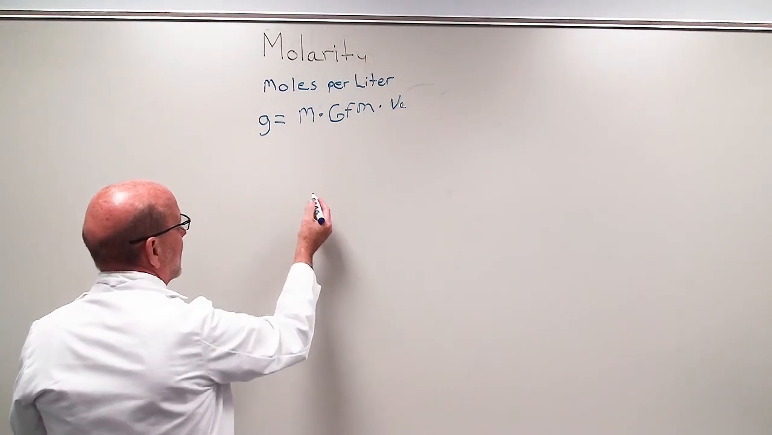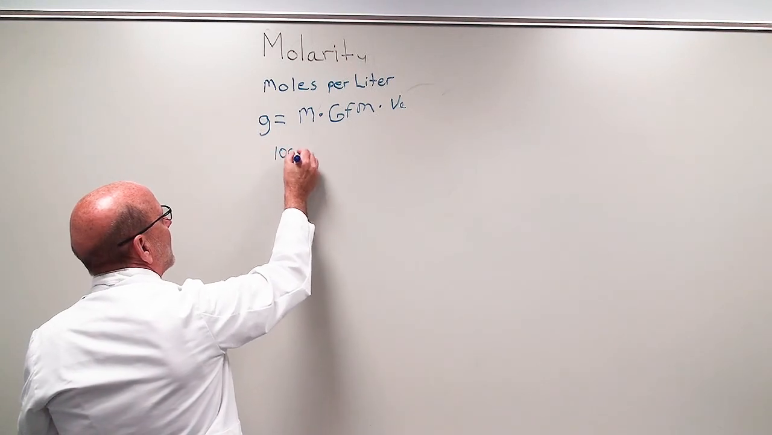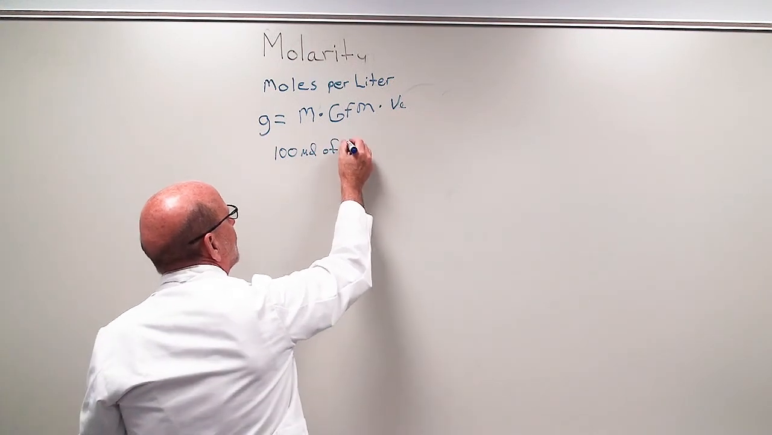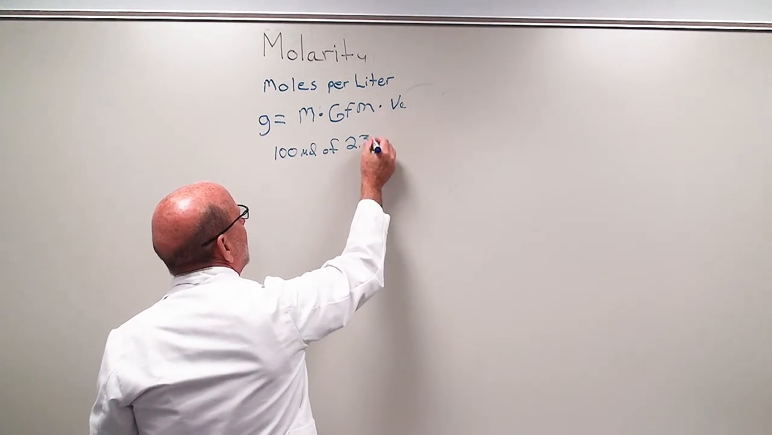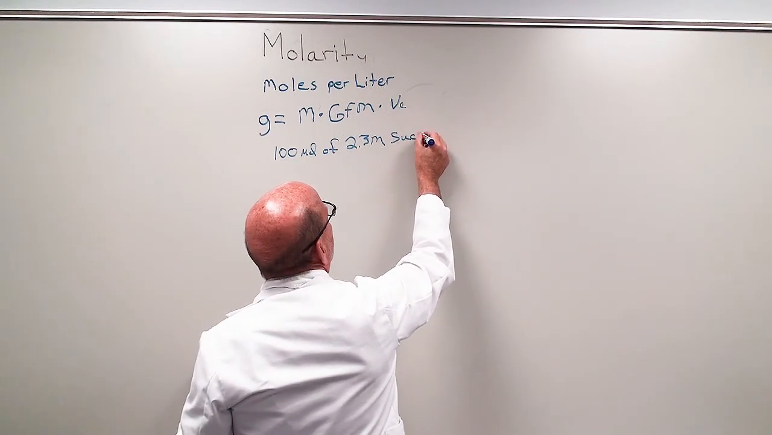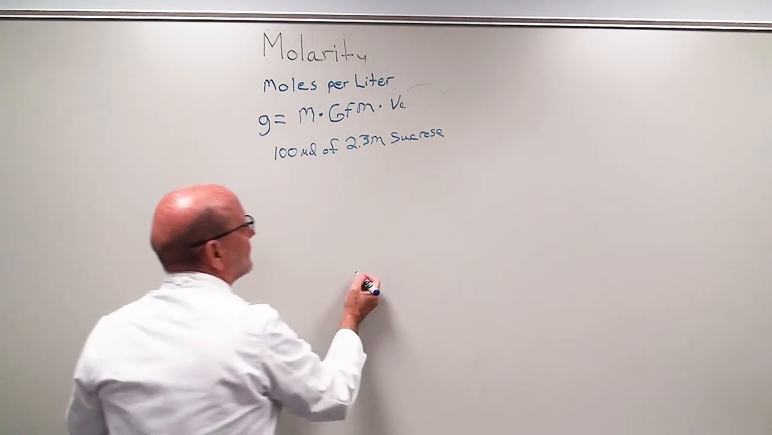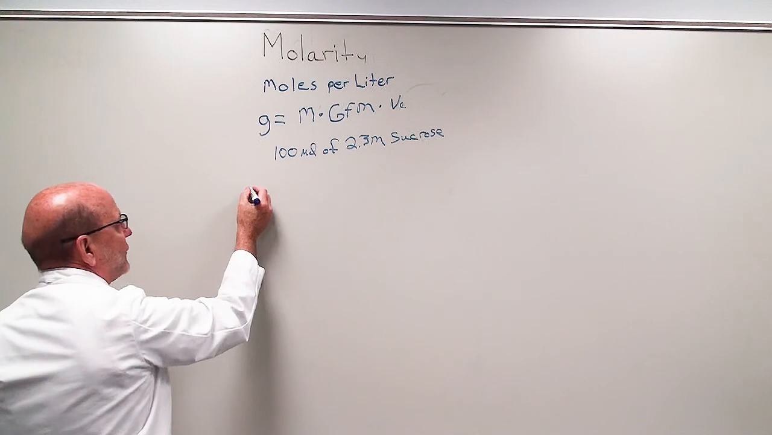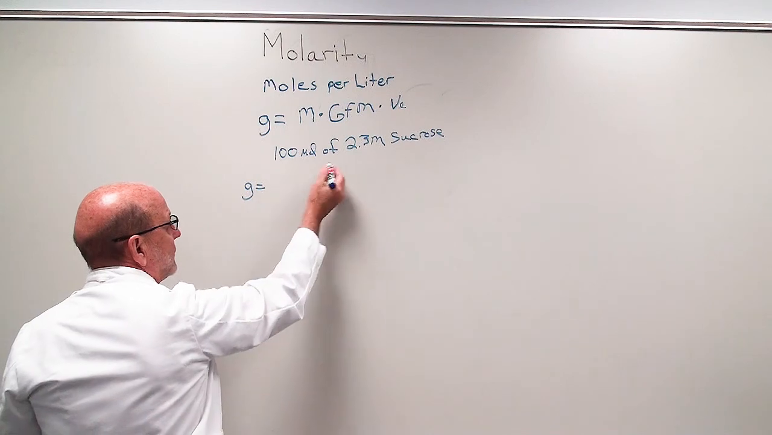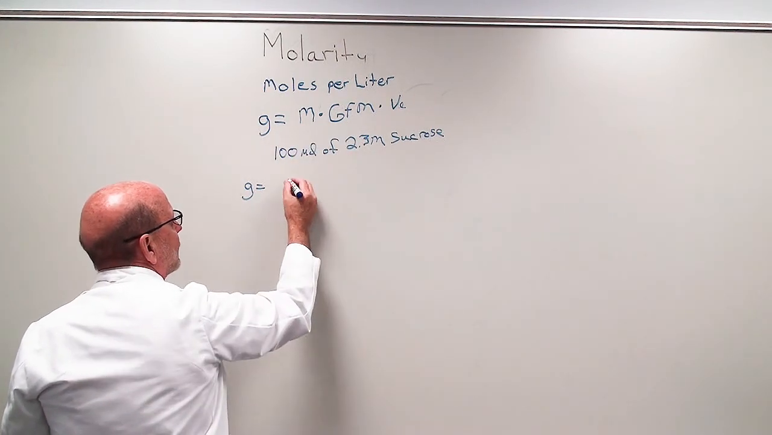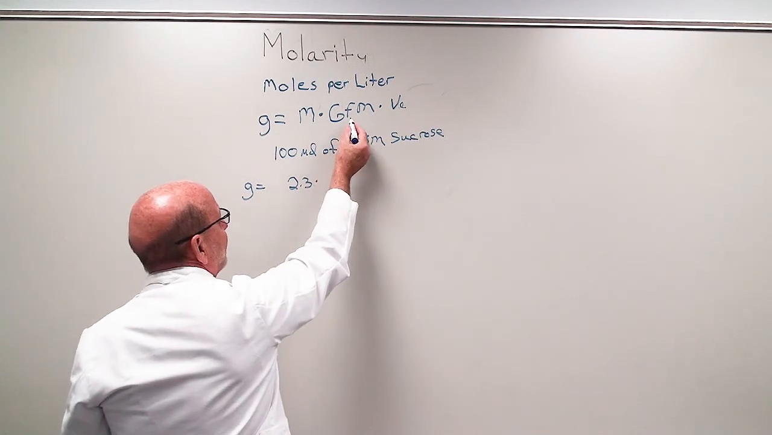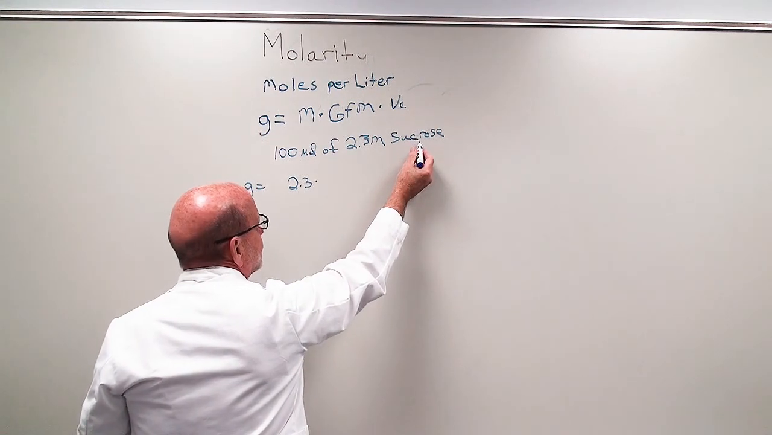So as an example, I'm going to use a laboratory solution that's very common. I'm going to make 100 mLs of 2.3 molar sucrose. Of course, that's our typical cryoprotectant for immuno work and things like that. And so let's see what that takes. So if I'm going to do grams equals, molarity is 2.3, taking that from the formula, times the gram formula mass. And the gram formula mass of sucrose is a lot, of